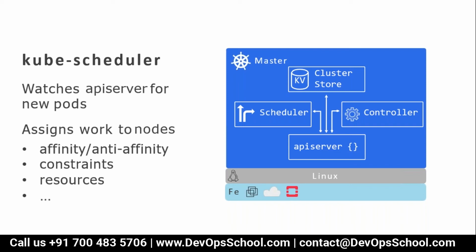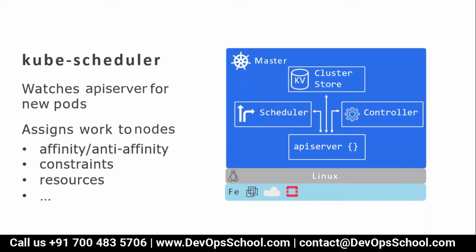So if you want to create a pod, then someone has to request it. Who will request? The API server. But the scheduler will not create a pod. Mind it here, the scheduler will not create a pod. What will the scheduler do? The scheduler will take that request